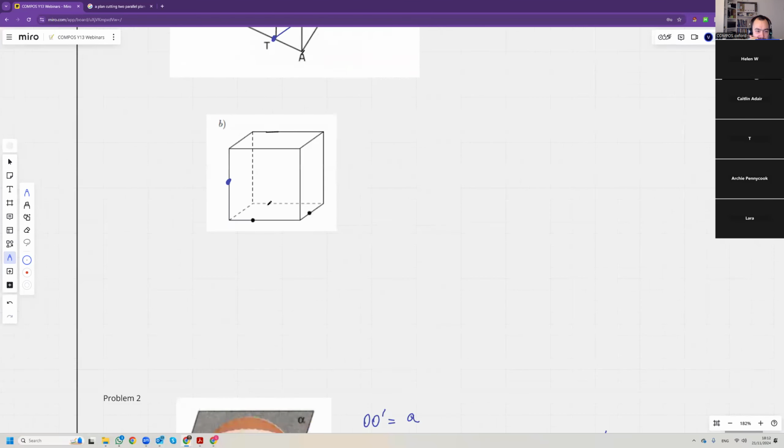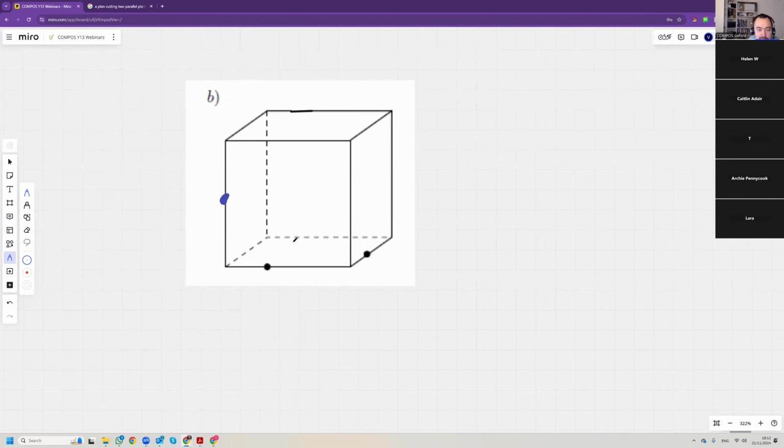Let's do another cross section here. So it's a plane cutting like this. Okay, so that's the first line. And then there's this line. Now, what can we do here? Well, let's find where this